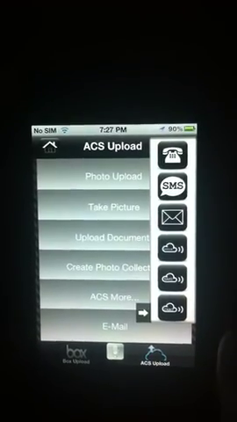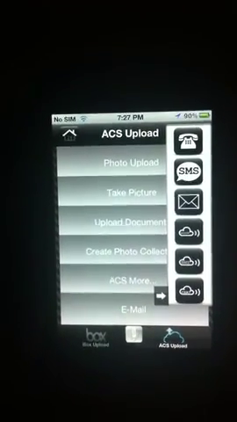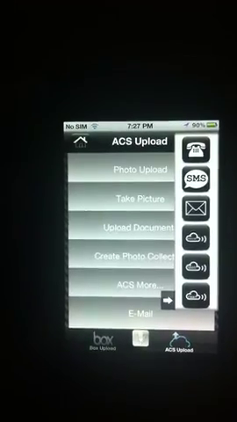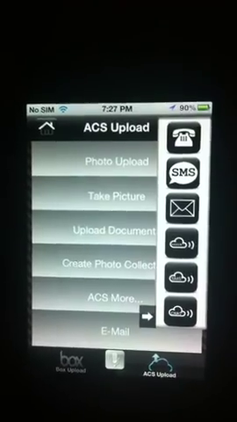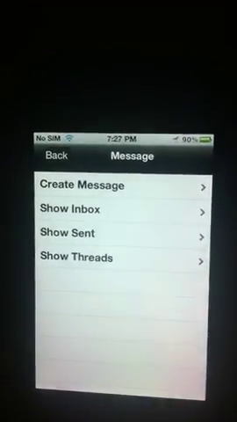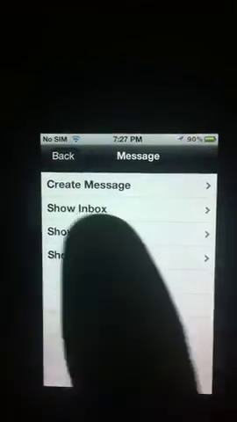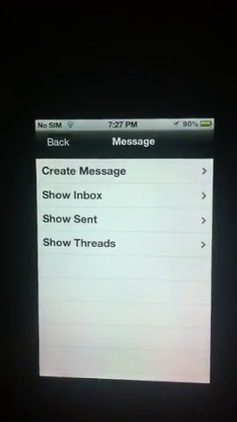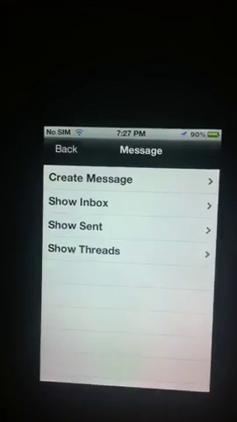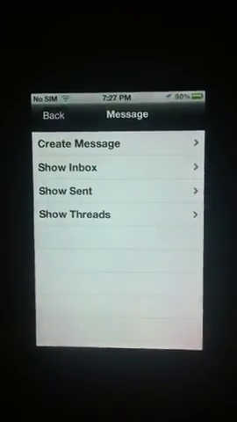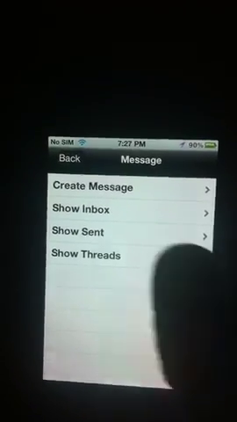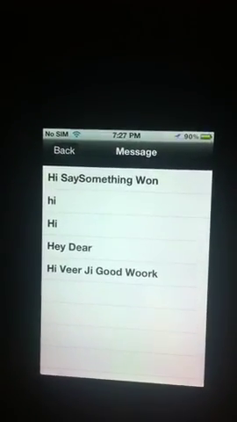So what are the other two? The other two options are really fun, creating in their life what each and everyone wants many times. One is sending a message to a friend, and here also you are provided with all kinds of options which a person wants, like checking the message which my friend has sent me. I'll check it here. I have 3 messages, or maybe I'm interested to check a message which I sent, so I can check out the sent messages.